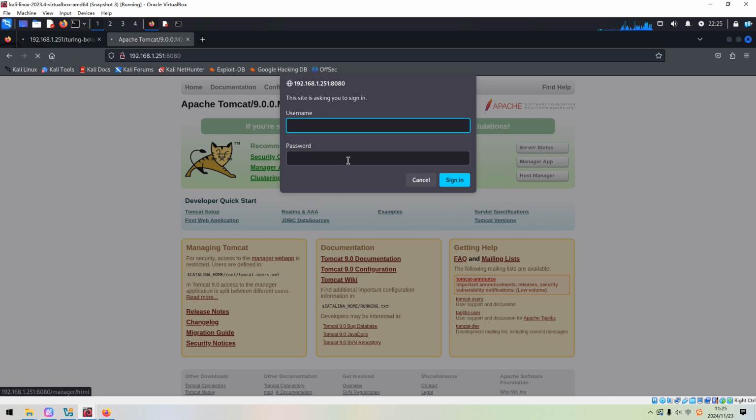If we have a credential for this manager app, then we can deploy the WAR or reverse shell WAR file or application, and then we can get a foothold on the target. You can also launch Metasploit, which contains one module to crack the credential or password for the manager app. I'm not going to do that; if you want, you can check it out in other videos on my channel. Okay, so now we just cancel.